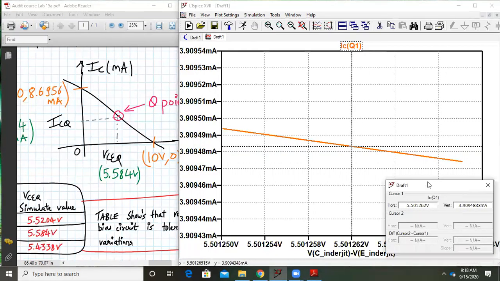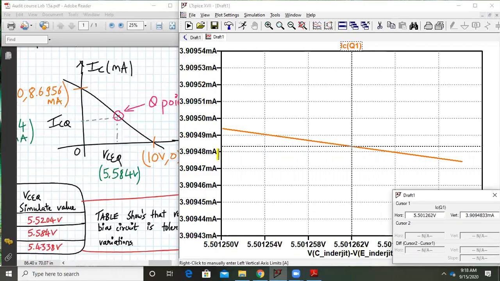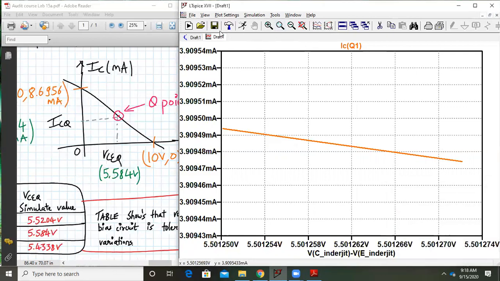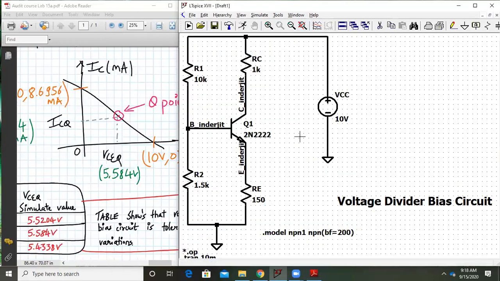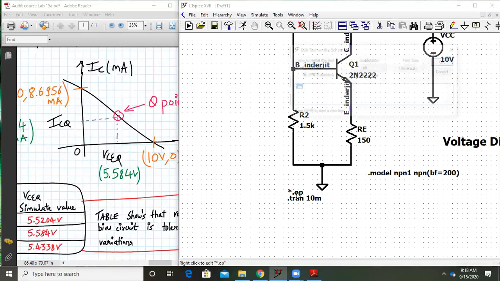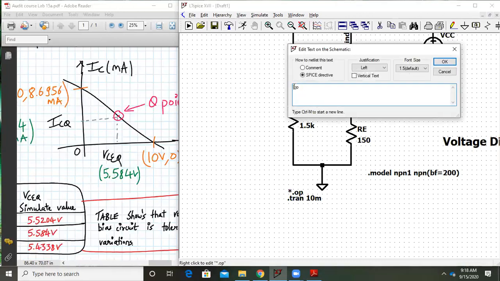So this x-axis is my VCE, and the y-axis is my IC. So that's how my Q point is, and these are my Q points. That's how we observe it in LTspice. Okay, now let's go back to this. One last thing is remaining. After we complete that, then we will complete this discussion.